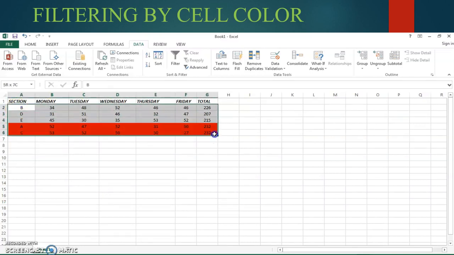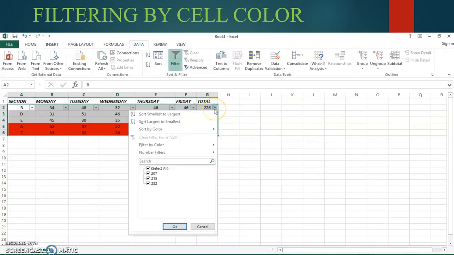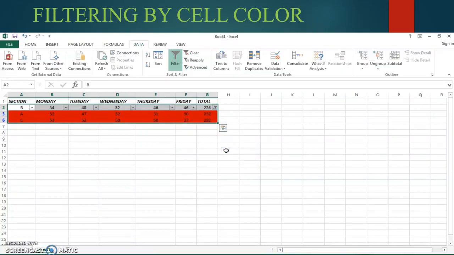First you have to select it. After selecting it, click the filter button from the sort and filter group. Now you can see the filtering symbol. All the side filtering symbols are there. Press any one, and under that you have to press filter by color. Here select the color, red color or any color, click it. Now you can see only the red color rows displayed on the screen. Like that we can do the filtering. These are the more sorting and filtering options. Have you understood? Okay.